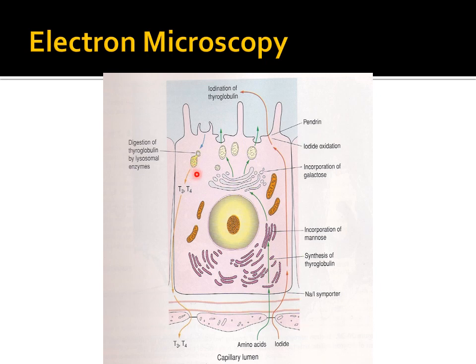And I hope you know from physiology how these hormones are formed. So here in this secretory vesicle, as it has this thyroglobulin containing colloid, the enzyme thyroid peroxidase is responsible for oxidative iodination of the colloid component, and then responsible for release of T3 and T4 into the cytoplasm. So that's how these hormones are formed.